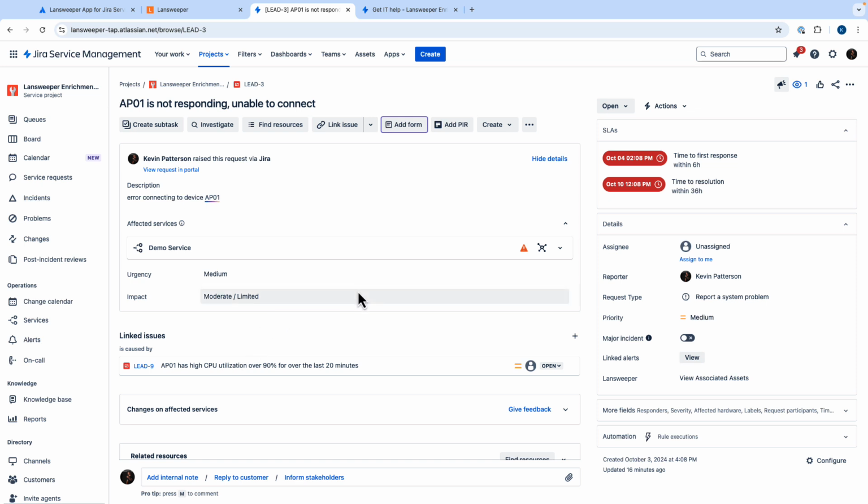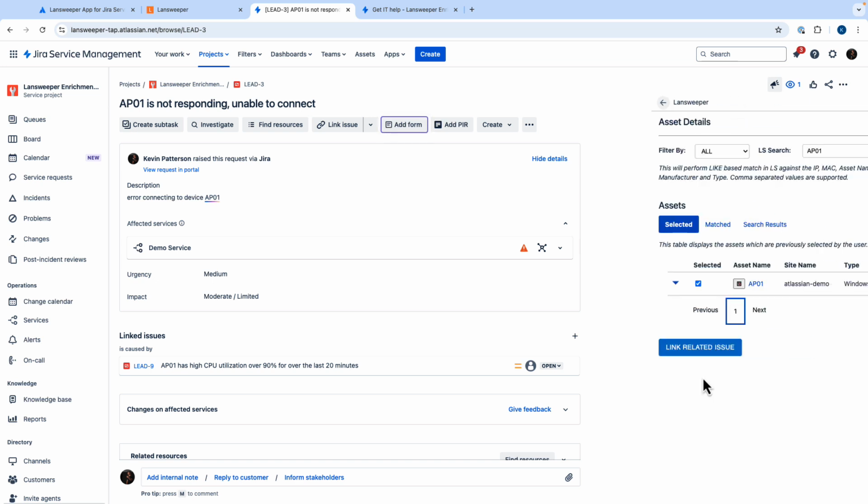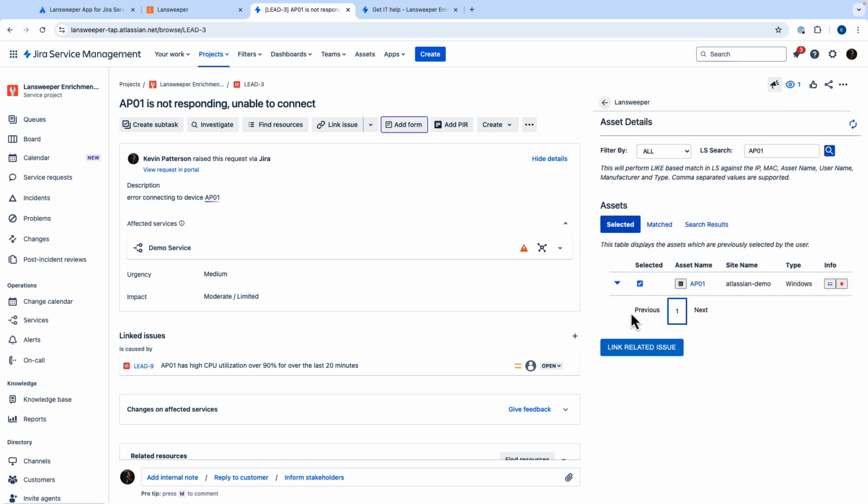But what I want to show you here is the application field we've put on the details panel. So when the application's installed, your JSM licensed users are going to be able to view associated assets and even link associated assets to any issue in JSM. So here by selecting this, I can see that this has already been selected. Notice how we filter by all and search for AP01 to find that particular asset and attach it to this